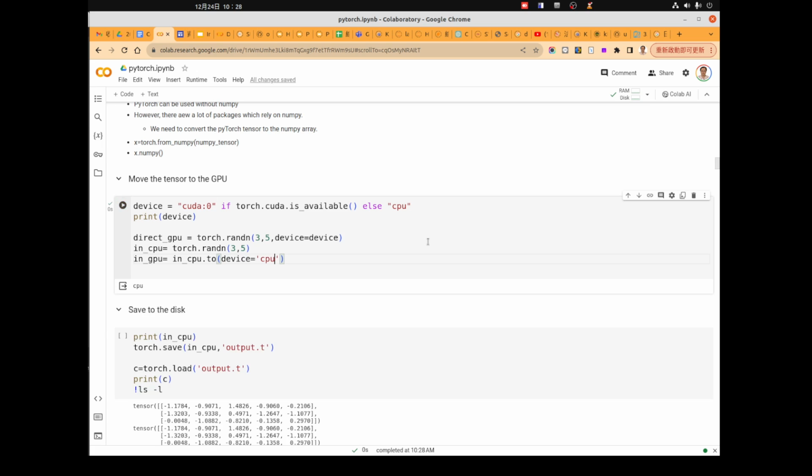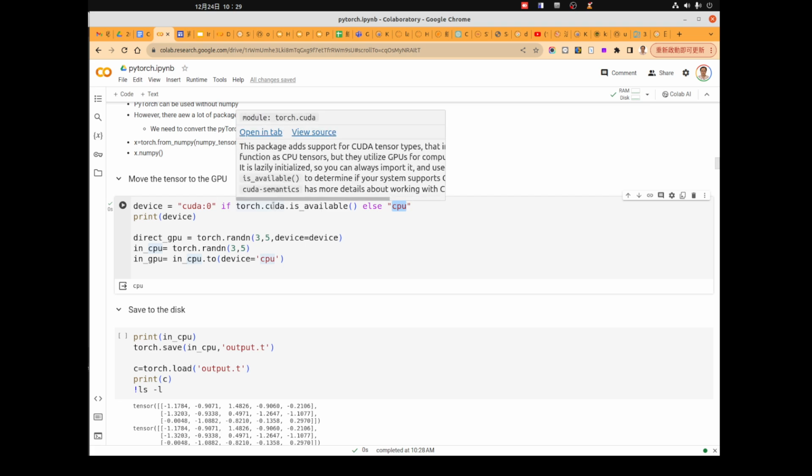Okay, so by using this way, your program will be able to run on either GPU or CPU. If CUDA is available, it means that we have a GPU, so we change the device into CUDA here. Otherwise, we use the CPU. Actually, we can write this program better to test a couple of different hardware in your system.